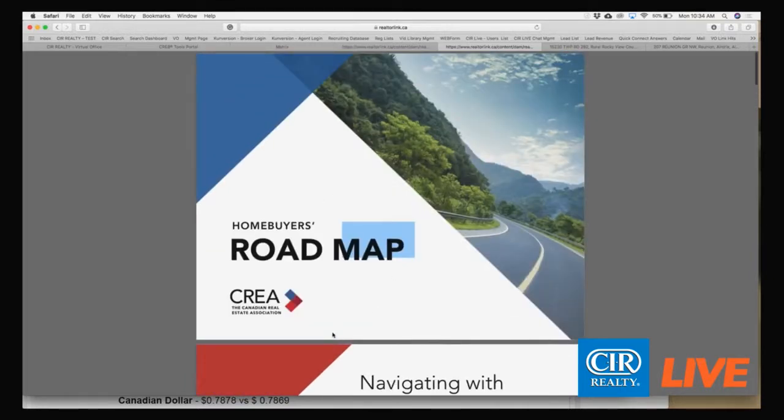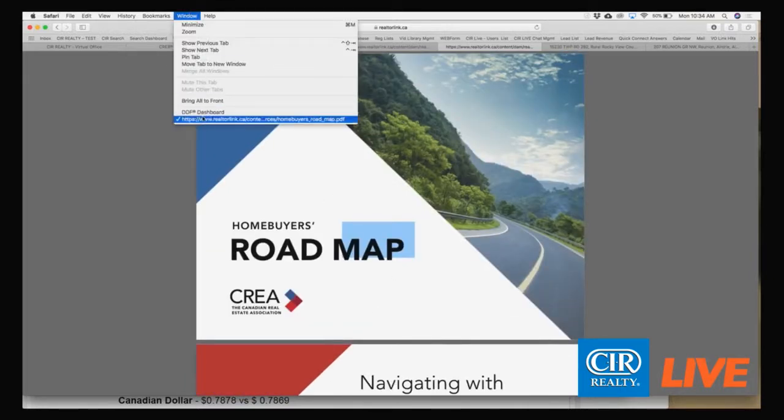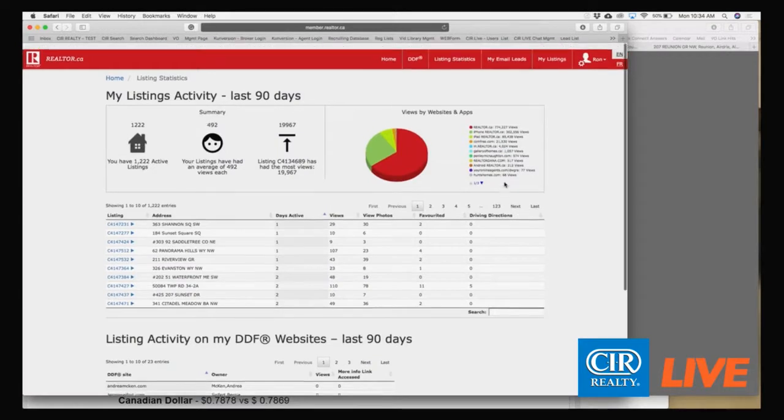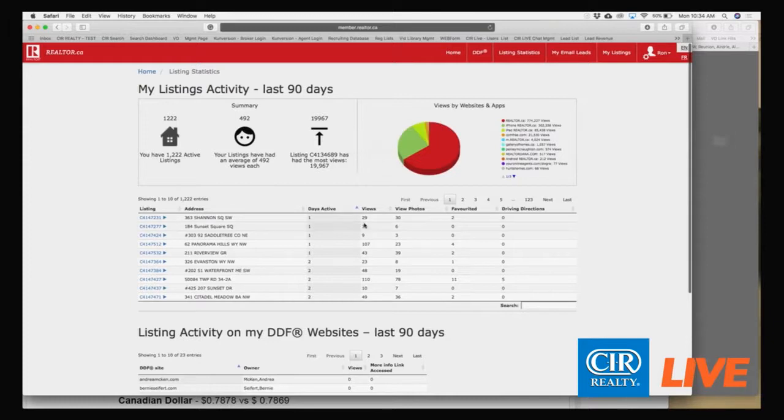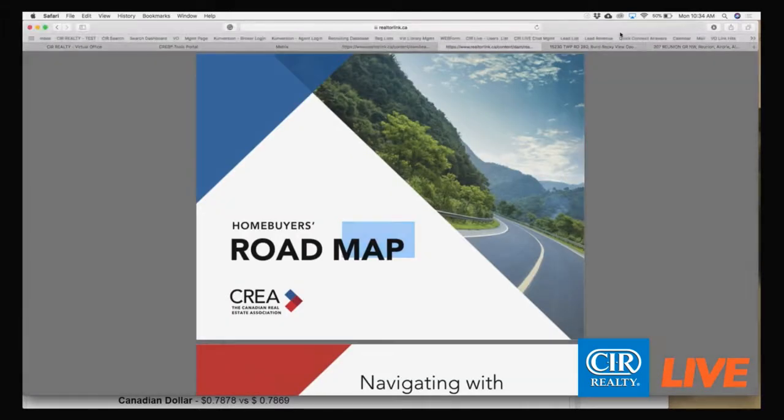The last thing that I want to show you really quickly is on your dashboard as well. Now I'm on Ron's account here. I asked him to let me show this, but this is the portal that you can go on. So from the home screen, let me just show you where that is.